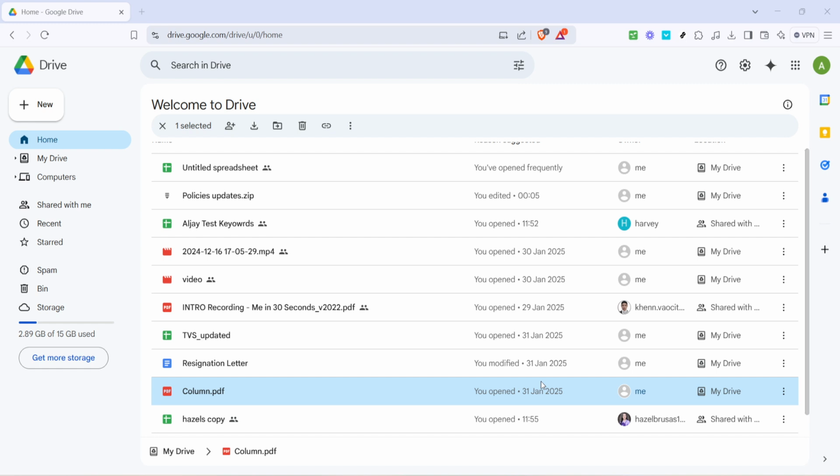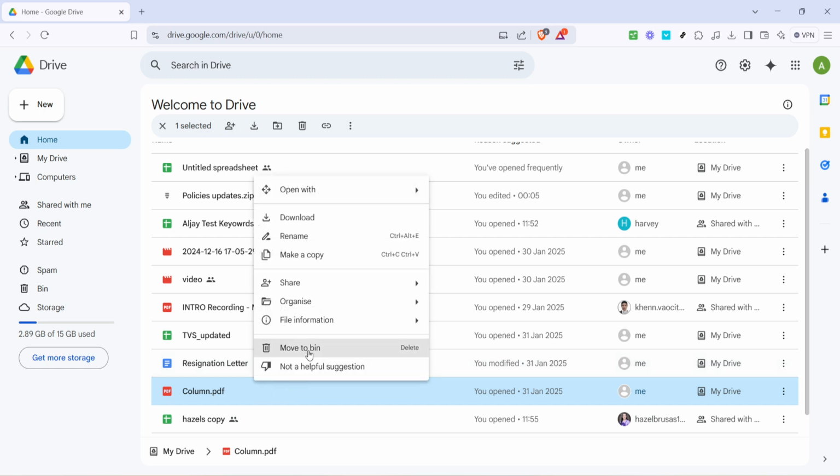If you haven't already, head over to drive.google.com and sign in with your Google account. Once you're at the main dashboard, you'll likely see all your files neatly organized in the My Drive section. Scan through your list and identify the file you wish to conceal. Once you have your target file in sight, go ahead and right-click on it.